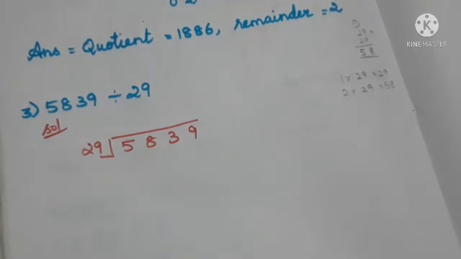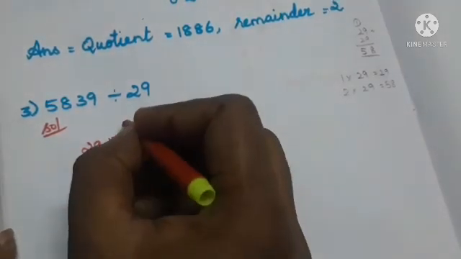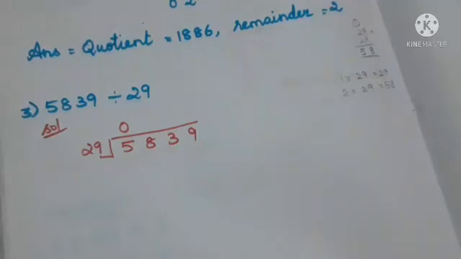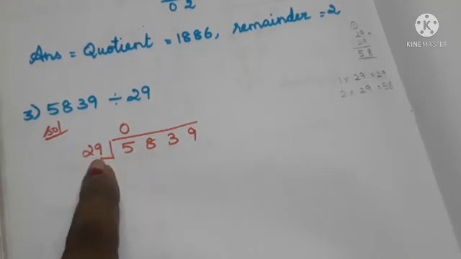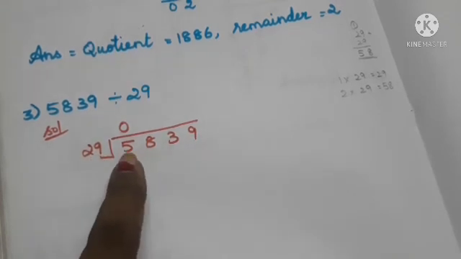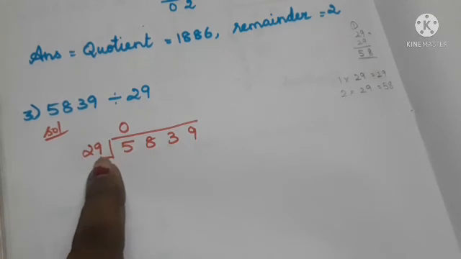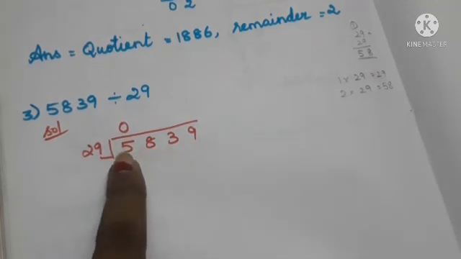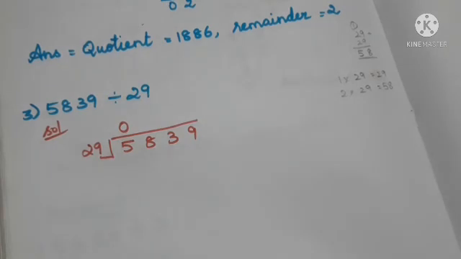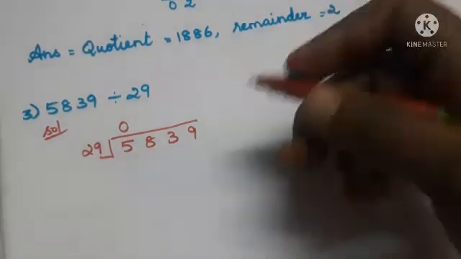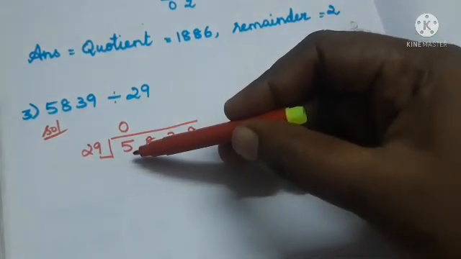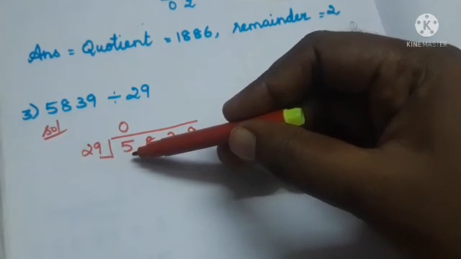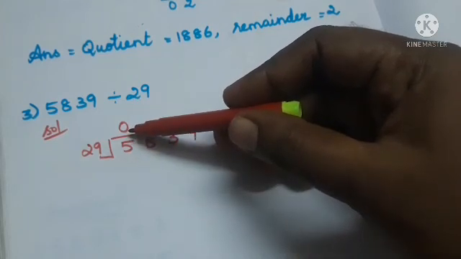So what we have to do means we want to write the 0 in the 1000 place value. Okay, I understand, ma? First we have to take the 1000 place value. In the 1000 place value we have 5. We can't divide the 5 by 29 because 5 is less than 29. It's not possible to do it. So you want to write the 0 at the 1000 place value of the quotient. Okay, don't write it in any other place because 5 belongs to the 1000 place value. So we want to write the 0 in the 1000 place value of the quotient.